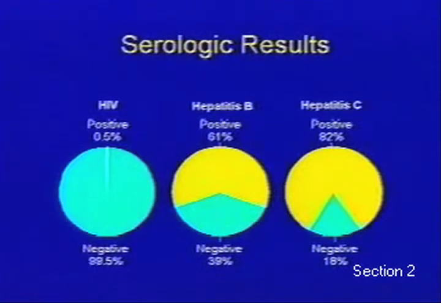Another way these data could be shown is using this series of 3 pie charts, where we see HIV very low, hepatitis B quite a bit in the yellow, and hepatitis C a lot. This format is a little bit more interpretable for some audiences. In fact, we used this exact chart in poster size in the New Mexico State Legislature to try and show the importance of this situation and convince them to pass legislation to address this particular problem. And I might add, we were successful in that,